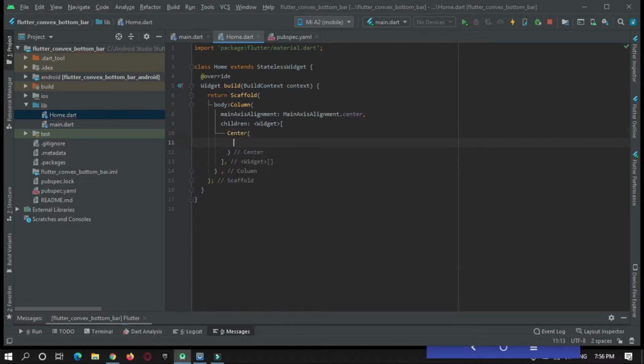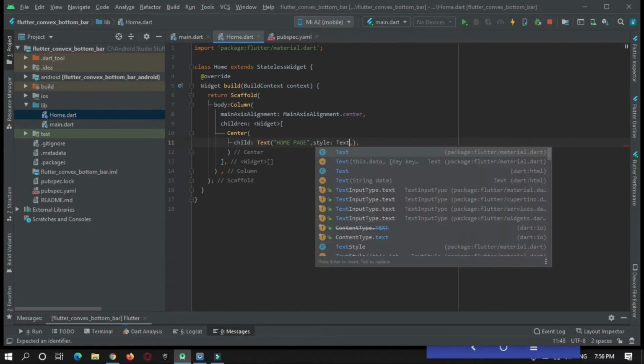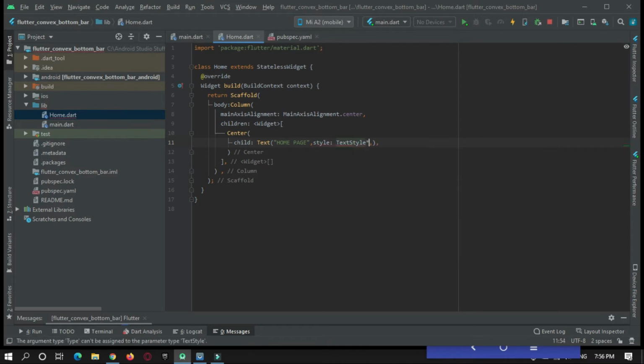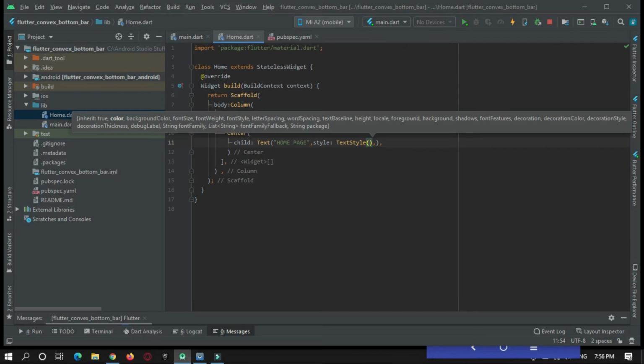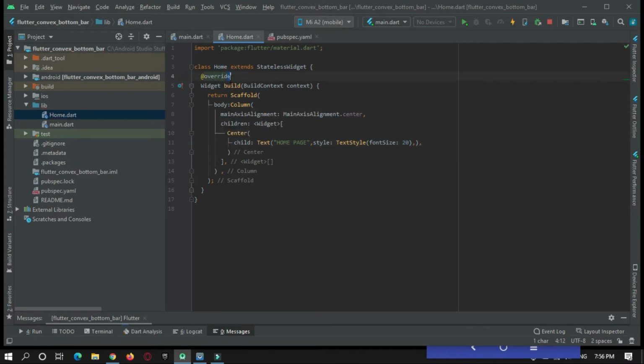Here we will just display a text that will show home page. Give a size to the text. The size will be font size of 20. Okay, so this is the home page.